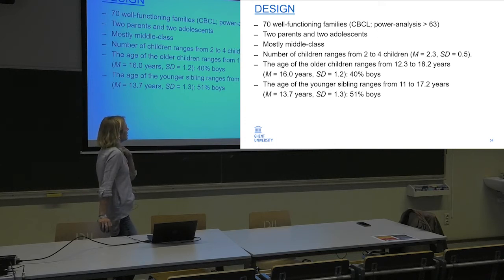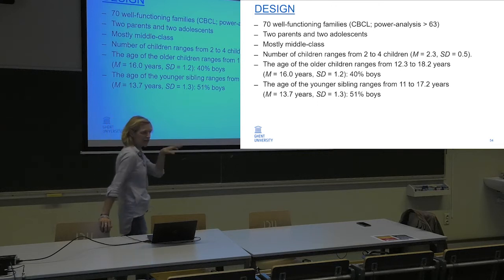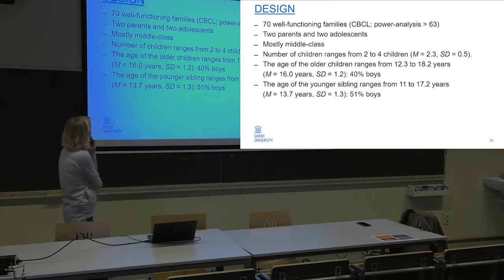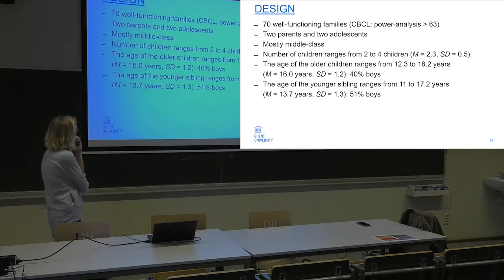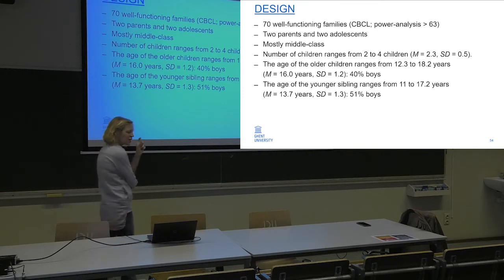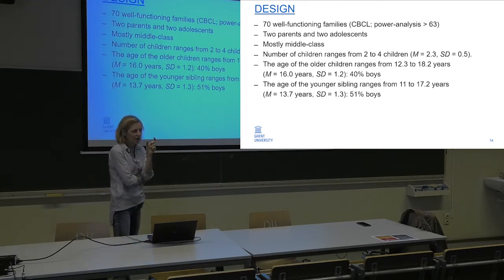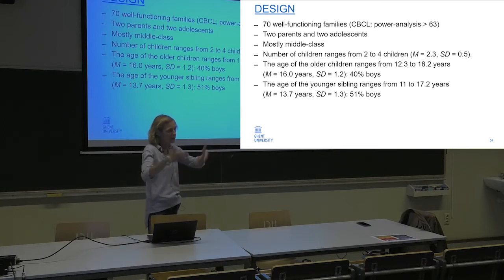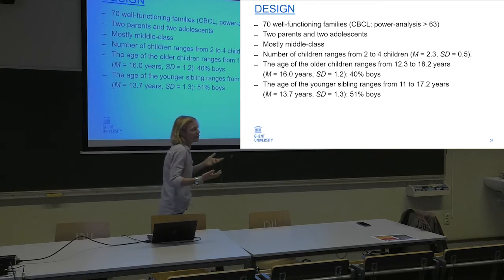The power analysis said that we would have to have more than 63. 63 was the number of families we should have to estimate all the effects, so we had enough power. There were all two-parent and two-adolescent families. Here you see the SRM is also giving restrictions in another way: you need at least 4 people, and if there are more than 4 in a family, you have to restrict to 4 people. So if you have like 3 children, then you have to leave 1 out.